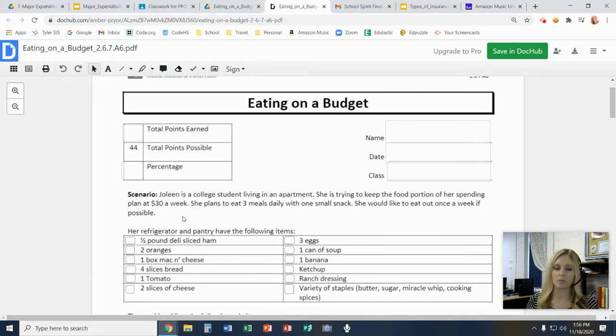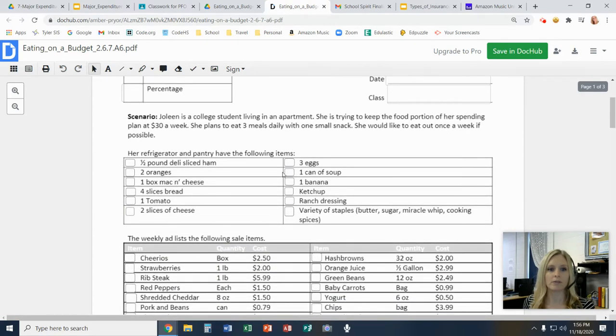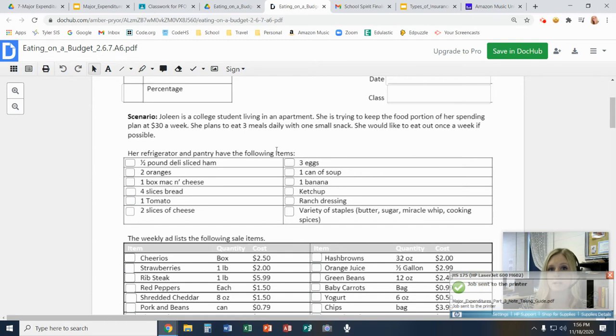Remember, you're just feeding one person. She plans to eat 3 meals daily with one small snack. So that's what you're aiming for, and it says that she would like to eat out once a week if possible. So you're given a little bit more information right here that this is the items that she currently has in her home. And so you can use those items as part of the meal plan